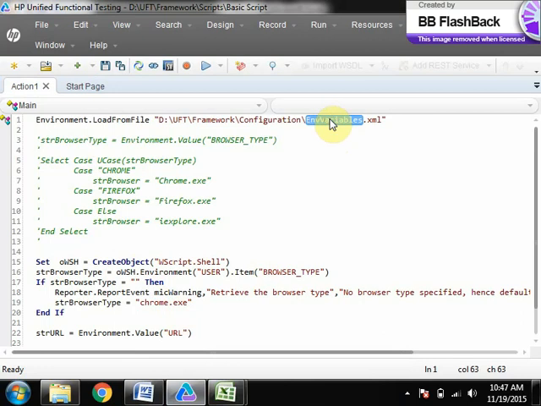If I load dev, it will take the dev URL. If I load QA, it will take the QA URL. If I load the staging file, it will take the staging URL.